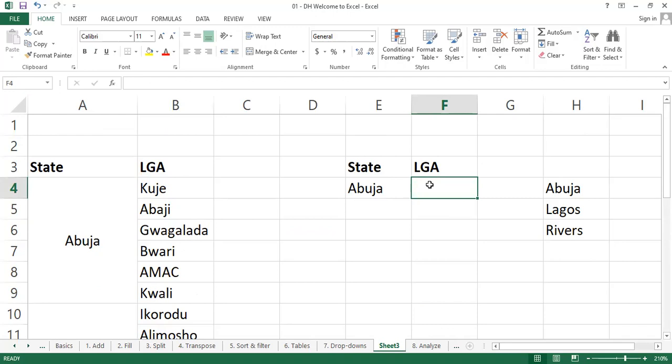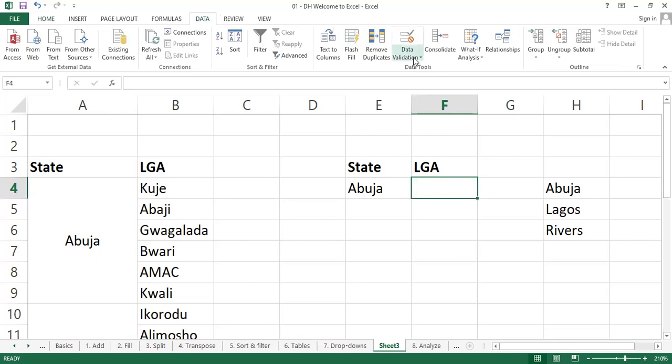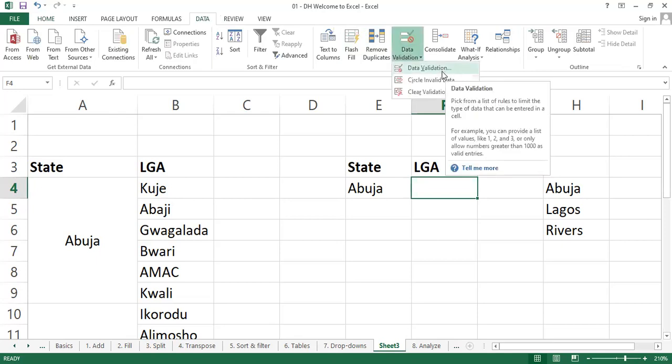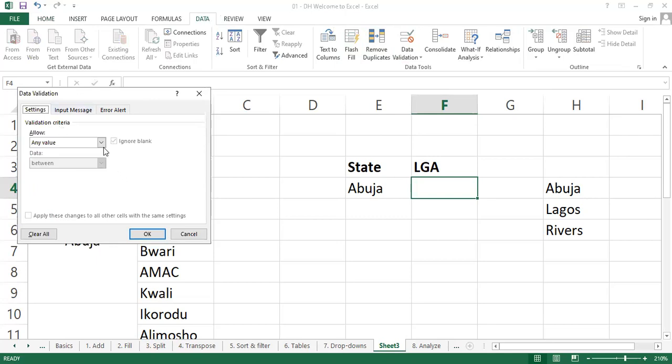Then I click on data and I go back to my data validation, but this time we're going to be allowing custom. Can I go on? And then it's going to be equal to